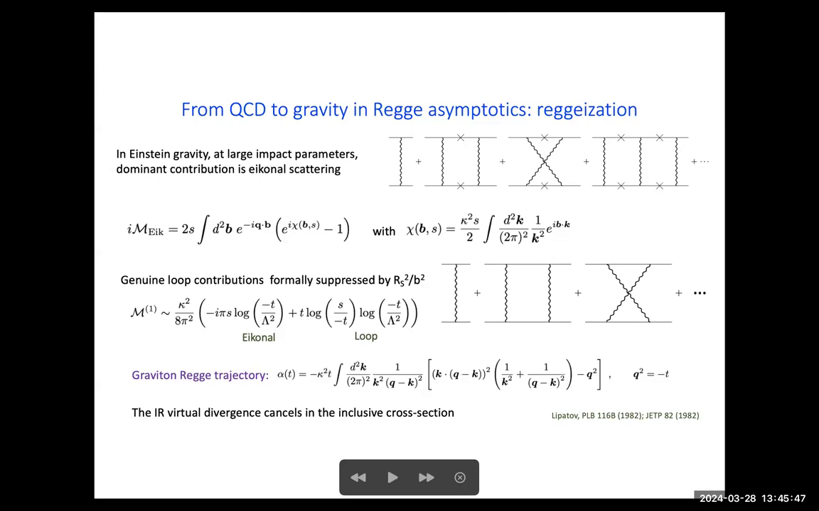But you can compute it. Okay? And this gives you the same thing that I talked about earlier for the reggeized one, where you sum all the loop contributions. And it has a Regge trajectory, okay? Just like what you have in the